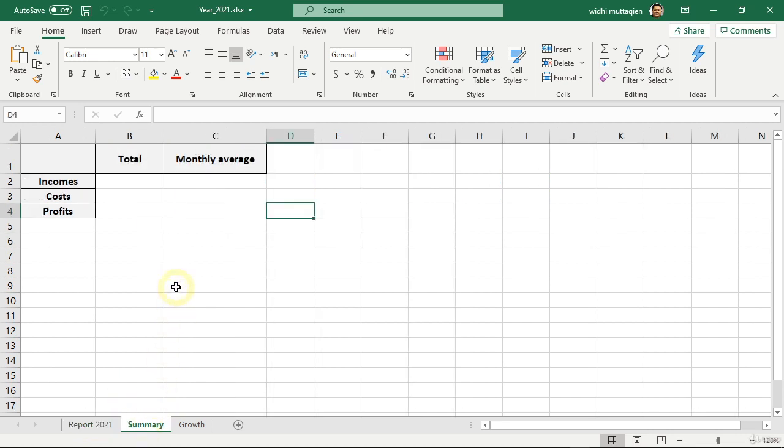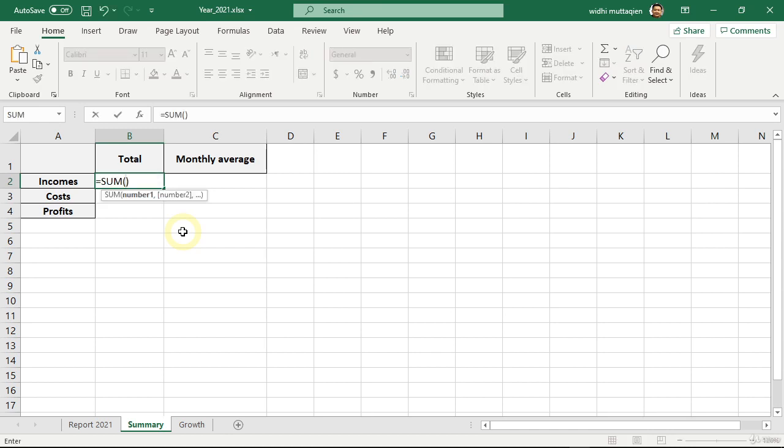We are also assigned to calculate the monthly average value here. We have covered the sum and average functions before, but they are still on the same worksheet. Now we will use these functions using external cell references. So, select cell B2, then use the shortcut Alt equal. With this, Excel will add the sum function for us.